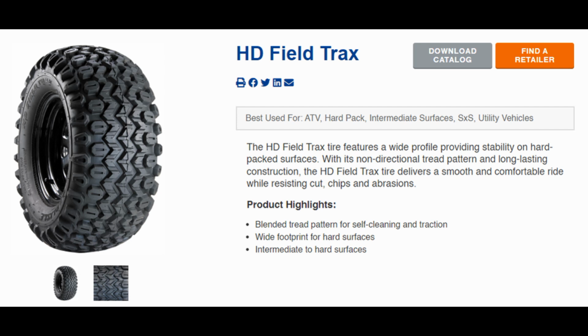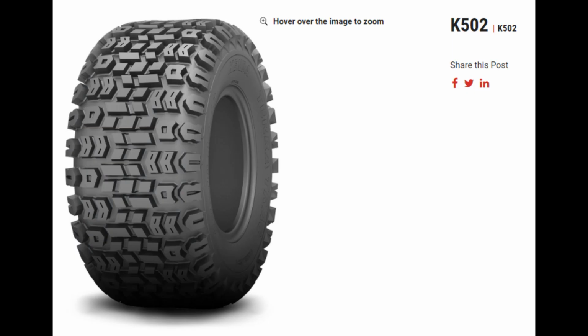So the ones on the 758 there, that's the CST brand, but this one is the Carlisle HD Field Tracks. So this is what came stock on my X580. These will also come on X590s, depending on how they're ordered. But this was a great tire. Definitely recommend those. And then this is the Kenda version, the K502. So there again, similar kind of tread, a little bit different looking. But a tire like this, I don't think you're gonna see too often. Like I said, ATV style tires,